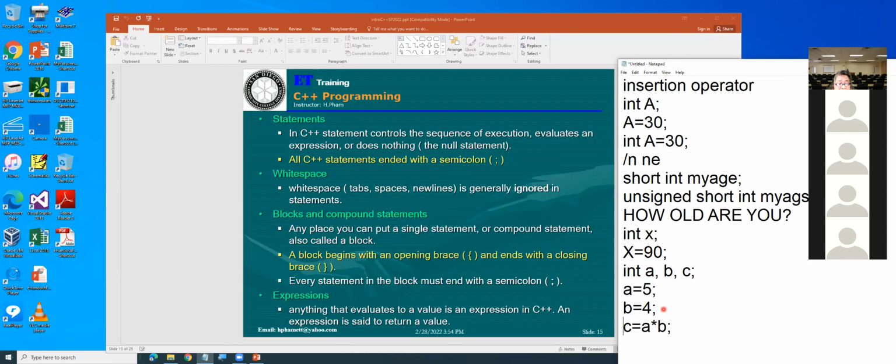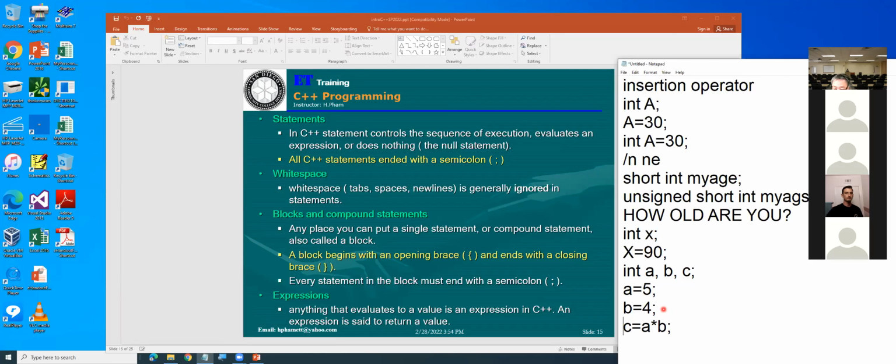Any statement evaluates to a value. That means C equal A times B, and the expression is said to return the value. What does C equal? Easy, right? C will be equal 20. 5 times 4.